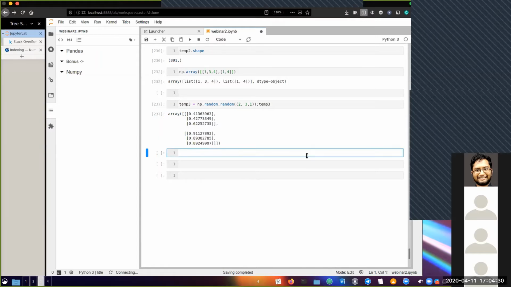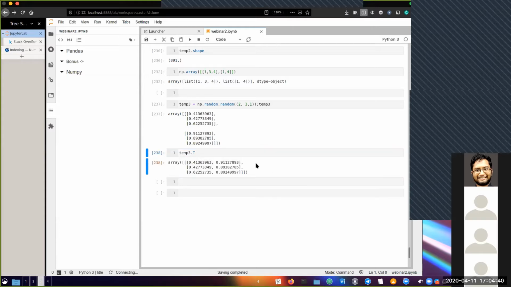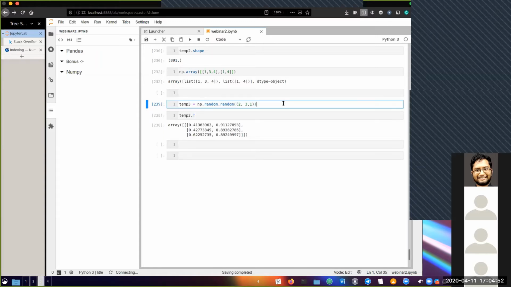Before I get to reshape, let me show you what I'm trying to do. Suppose I want the transpose of this. NumPy has a very nice and convenient thing called .T. So this will give me the transpose. If you see, all I've done is converted the rows to columns and columns to rows. Why I'm using the semicolon is just to print. It doesn't really have any value, but if I remove that, it won't print it.